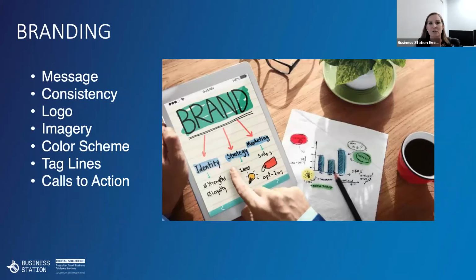Your color scheme is really important. So having a solid color scheme, making sure that that color scheme connects with your brand. Also your taglines. Are you using powerful taglines, for example, and making sure that those taglines engage your user and relate to what they sort of need and want from your business or your site? And then the calls to actions, which we've touched on, but make sure that they're predominantly placed on your homepage and also on your sub pages as well.